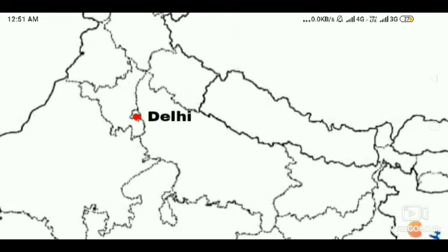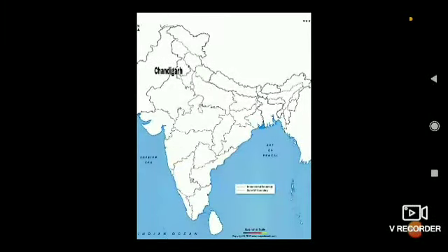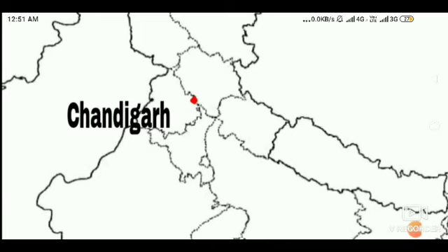it's Delhi. So the small state is there, no? That one. Mark it and write Delhi. D has to be in capital letter. DELHI. Next, Chandigarh. See very clearly. Don't get confused while marking. See the map clearly. Pause the video or else refer to your atlas and mark it correctly. It's Chandigarh. CHANDIGARH. Chandigarh.